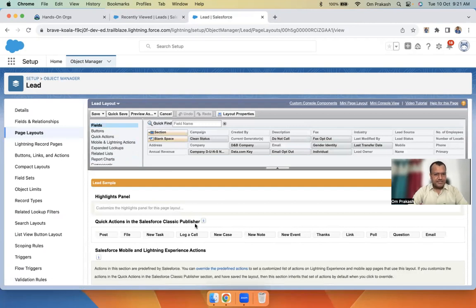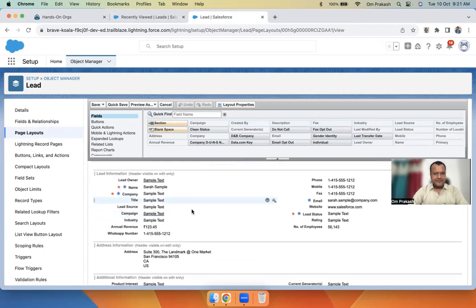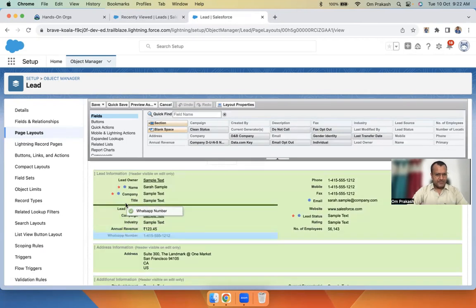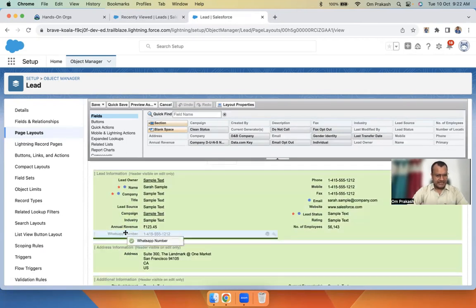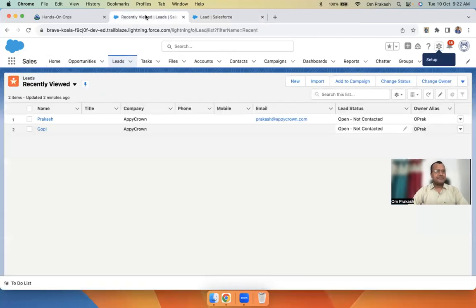Fields. If I scroll down here, you can see these are buttons, these are fields, and here is the WhatsApp number. If you click on that, if you highlight this, you can see the drag option. Just click and drag, put it here. Mobile, phone, mobile, WhatsApp, fax, all four together. Now, if you save this, and once you refresh,